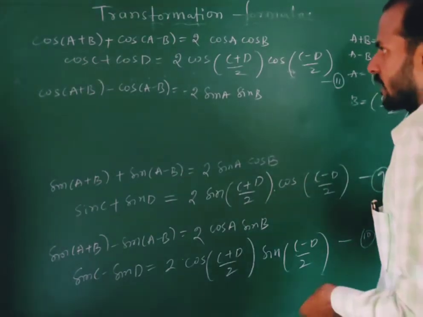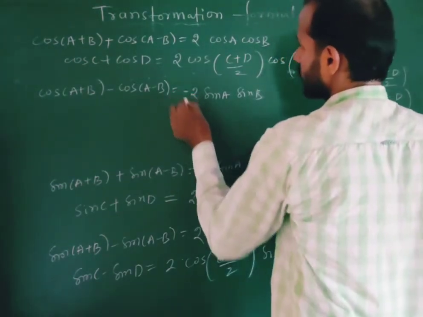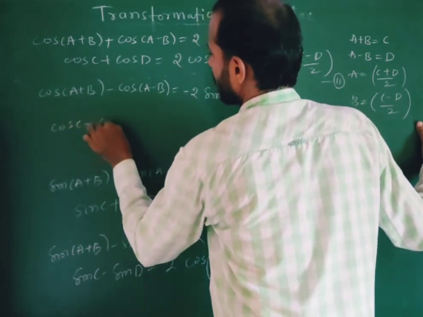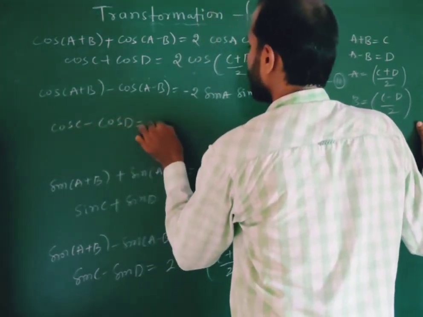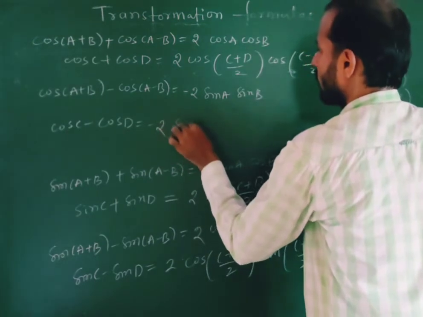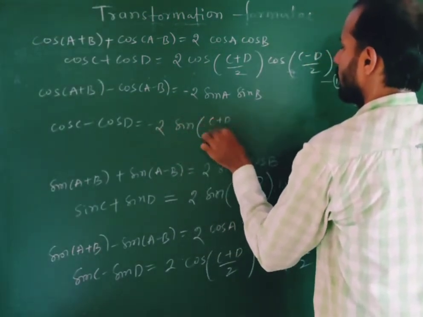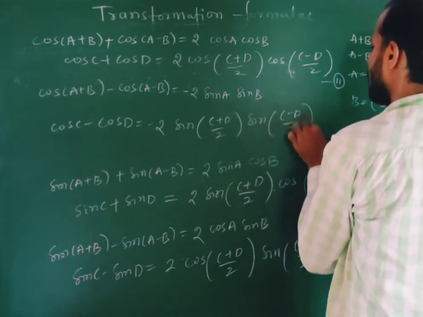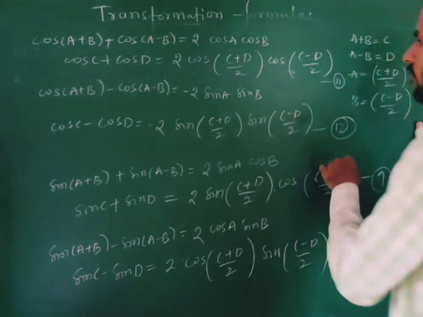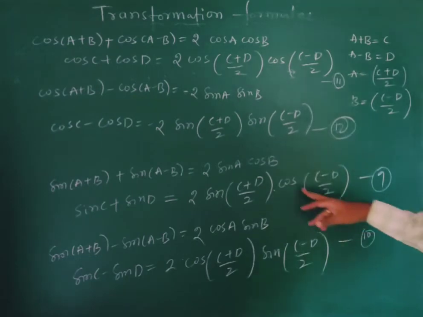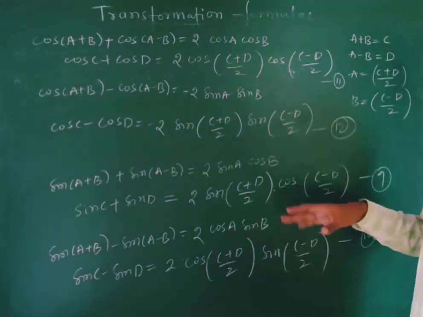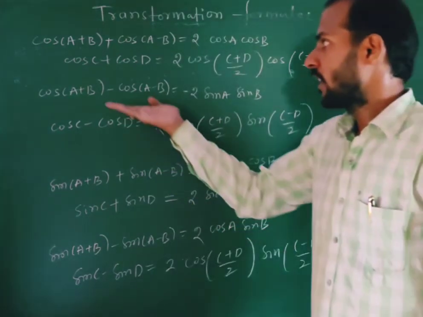What we get? Cos c minus cos d, which is equal to minus 2 times of sin c plus d by 2 into sin c minus d by 2. That is equation 12. See, equation 9, equation 10, equation 11 and equation 12 are in terms of